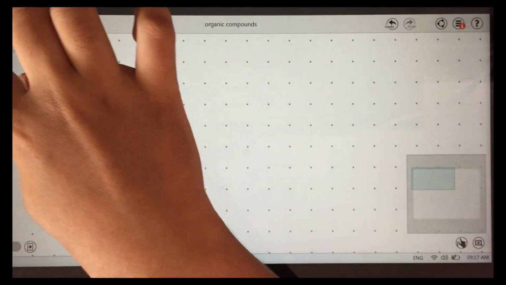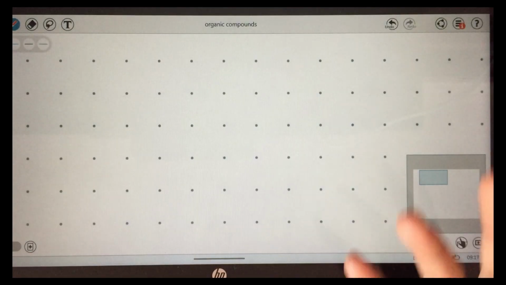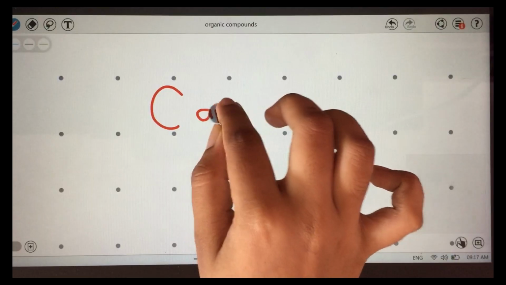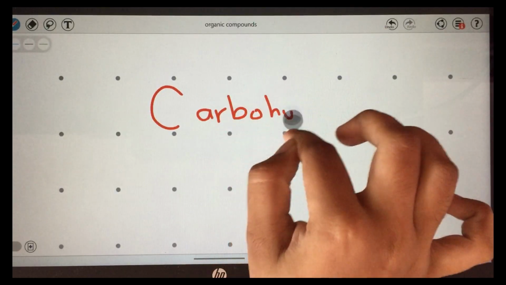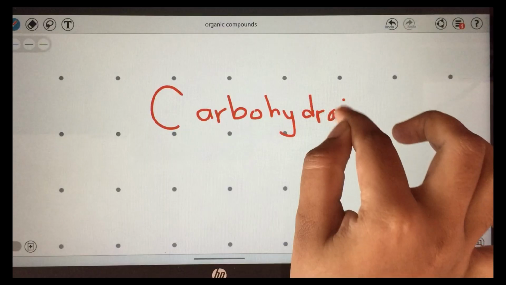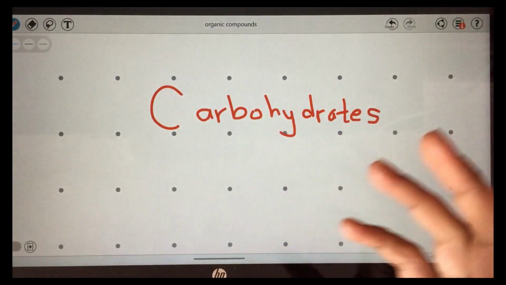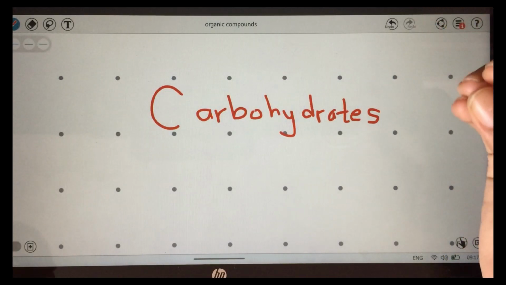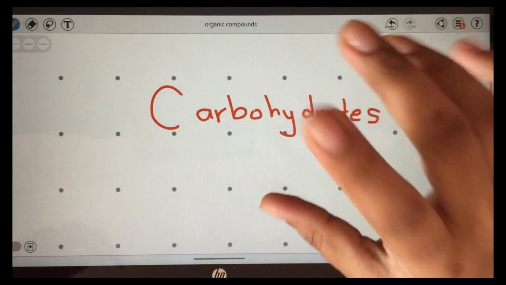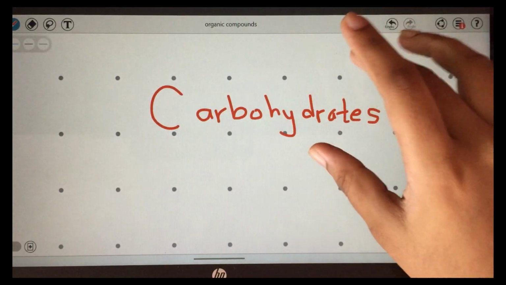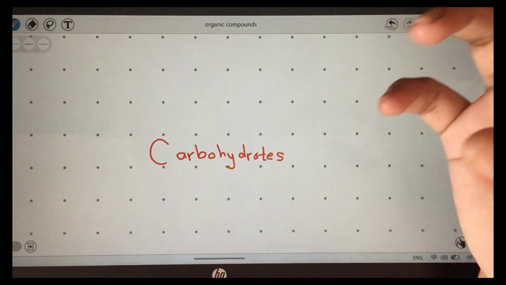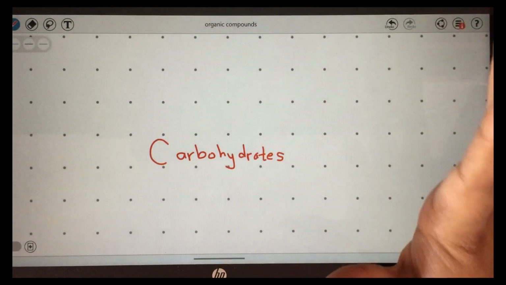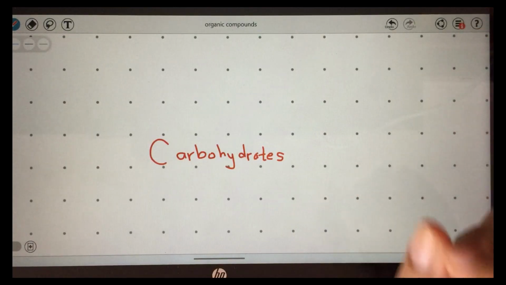Okay, so carbohydrates, now what's the first thing that comes to your mind when I say carbohydrates? Now the very basic stuff that we learned in O levels and grade 9, like floury stuff like bread, noodles, those are stuff that are rich in carbohydrates. Now we are going to learn what happens on a chemical basis, what is there in the deep, when you zoom in and consider a carbohydrate molecule. So that's what we are going to learn under carbohydrates.